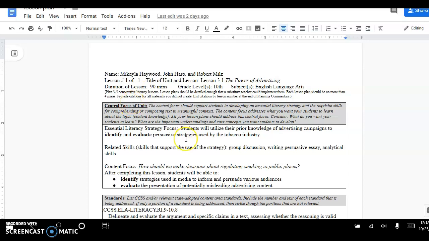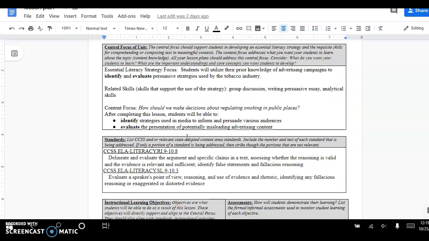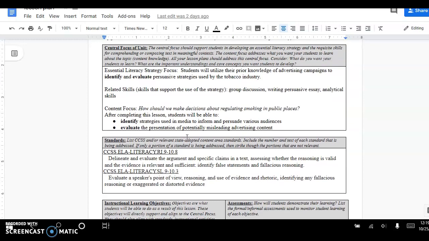So this is our lesson on the power of advertising. And so basically when we were constructing our lesson plan, we decided that we should probably do 10th grade just because more of the standards that were listed in the previous lesson plan seemed to be geared towards 10th graders. And so when we were going through our central focus of the unit and we were all doing our separate lesson plans before we came together and combined them and did one lesson plan, we kind of realized